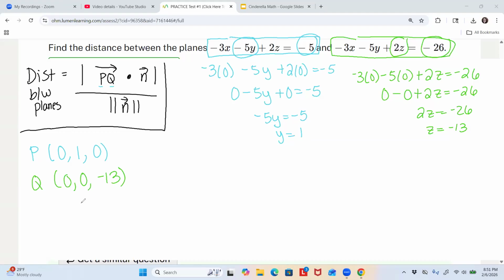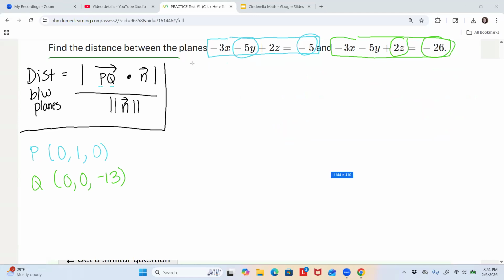Now, are there other possibilities? Are there other points on those planes? Sure, absolutely. But you want to keep it as easy as you possibly can. All right, I'm going to erase that work now, so if you need that, pause me. Okay, now we're just going to